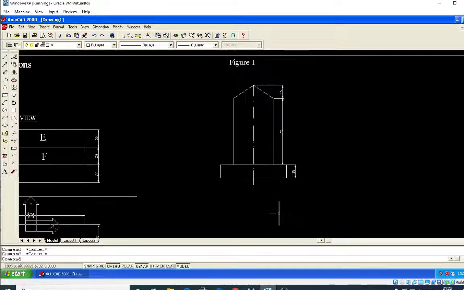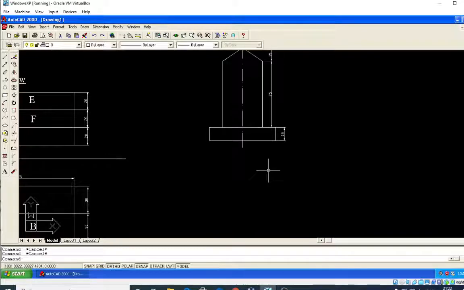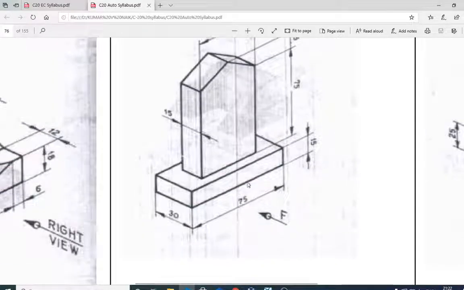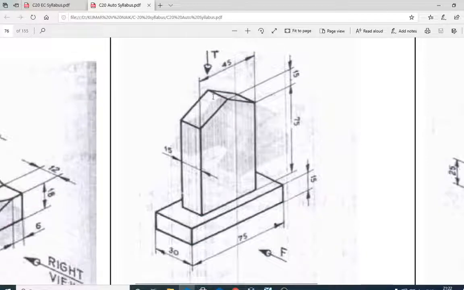Afterwards, what I should do is refer to this sketch. I have to see from the top. In the top view, this sketch shows one rectangle. Here also one rectangle is there, and two rectangles are present exactly at the center of this rectangle.